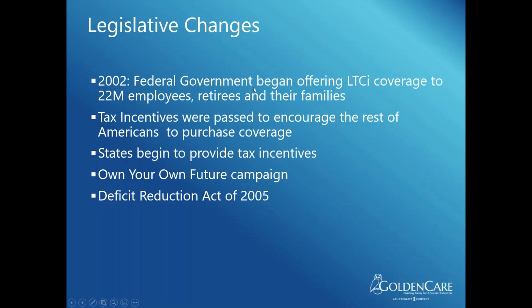So why does the government offer it to a federal employee? Why are they offering the tax incentives? The government knows they can't afford to take care of all this tidal wave. They can't. The numbers just aren't there. The government is very pro long-term care. This is why you see things like this being done. They're trying to push every incentive for people to buy it because they know that the more people that pay for it privately through insurance, et cetera, the fewer people they're going to have to pay for or be dependent upon.